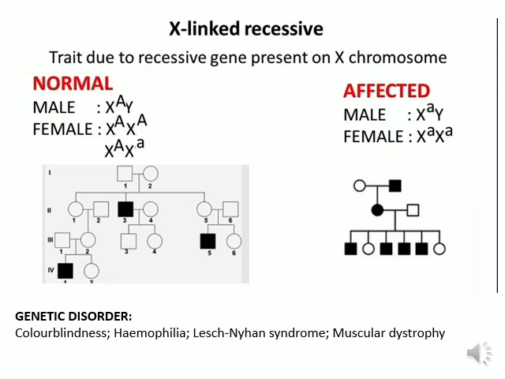So now this affected male, when married to a normal female, they will have normal individuals, because the Y will pass to the male and the X will pass to the female. And since the female was normal, one of the normal X chromosomes will help to make the male normal, and one of the X chromosomes of the female and the affected chromosome of the male will make the female a carrier, and thus in X-linked recessive the male will be affected in all the generations.